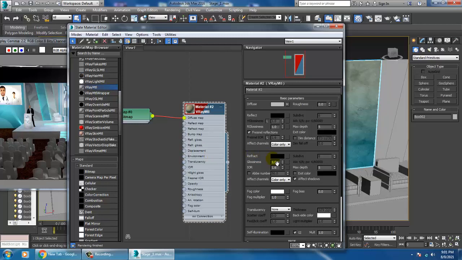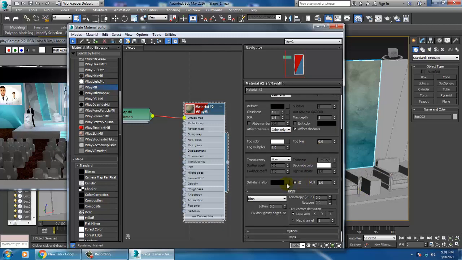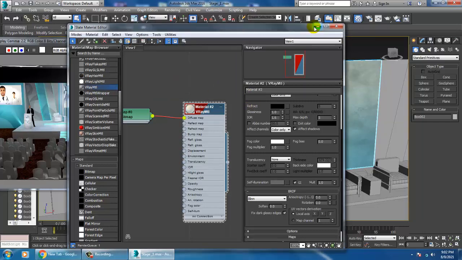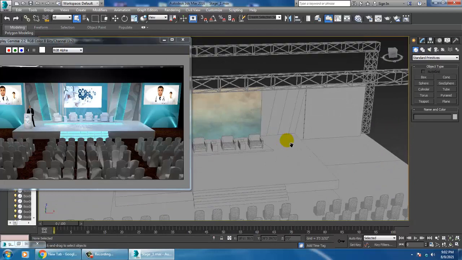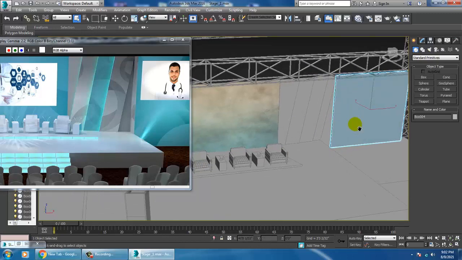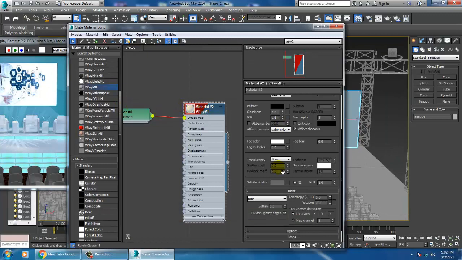I can also connect a bit of self illumination, not much, but a bit for the glow, or else we're definitely putting some lights at the bottom when we'll be doing the light setup over here. So for now I'm just assigning a few textures. So let's just assign this.